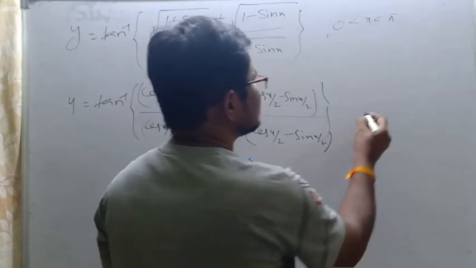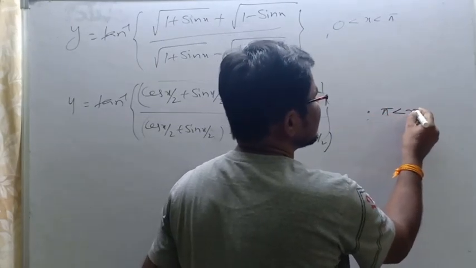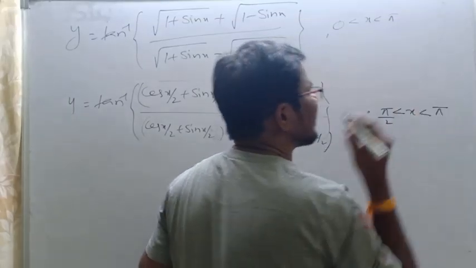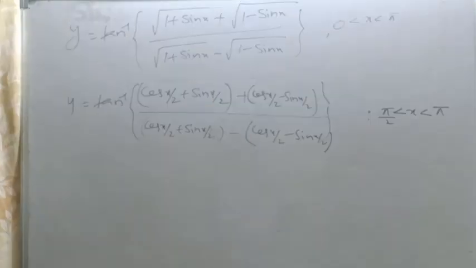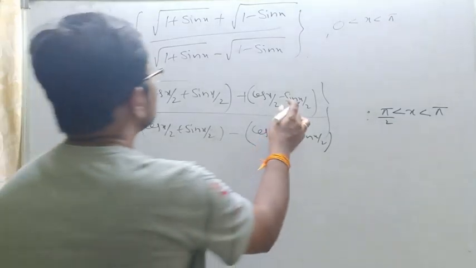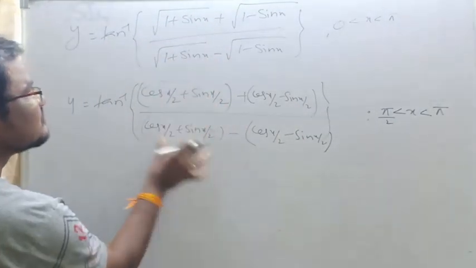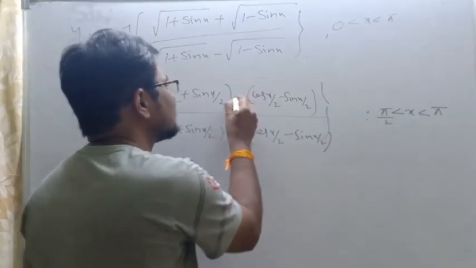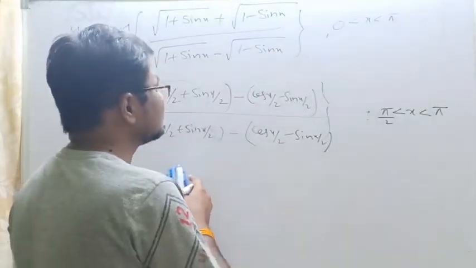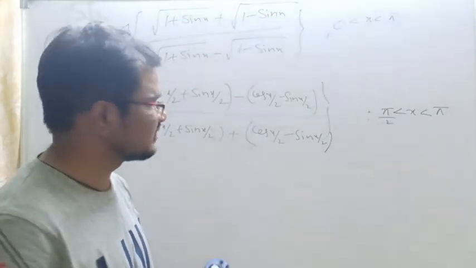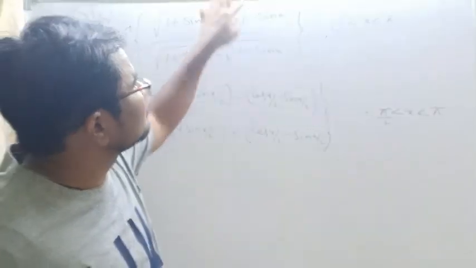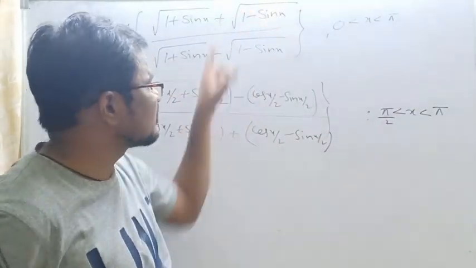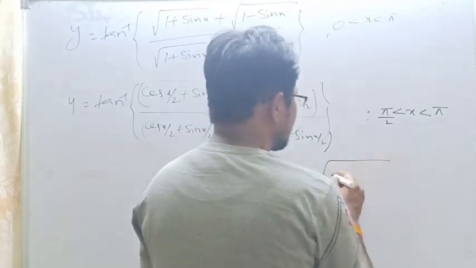Second condition is what? Pi by 2 less than x less than pi. We have to do this. See here in this one, this is positive only, as it is we have to take. But this is negative, means here we will get a minus, and here minus of minus plus we will get. Observe, understood? Here root of 1 minus sin x, in this interval negative, because it is modulus. How to write it as root of 1 minus sin x.